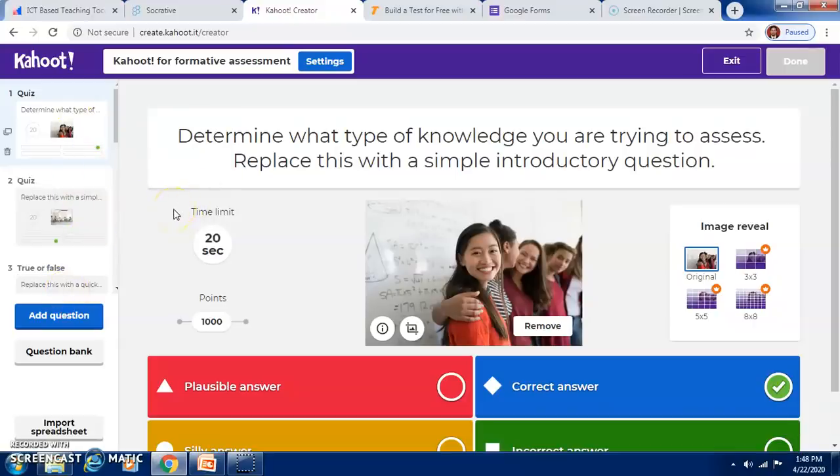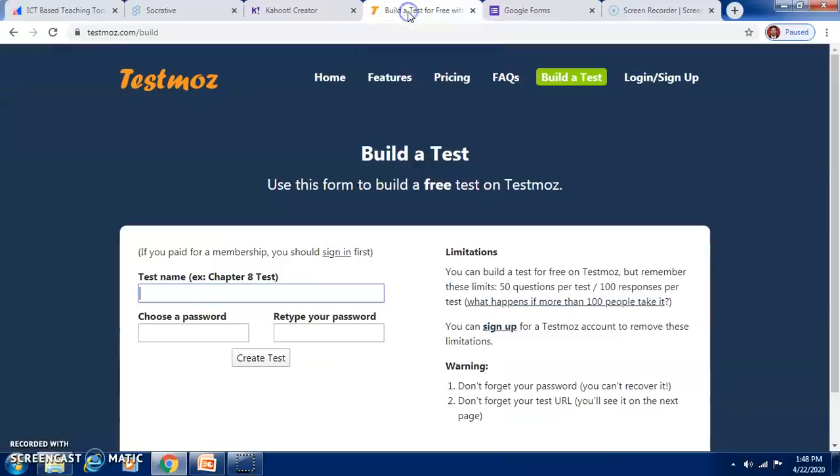There are some games which can be played in Kahoot. Then we have another free tool called Testmoz, where you can create a test. Only thing is 50 questions per test and only 100 responses per test. Therefore, in the free version, only 100 people can participate.